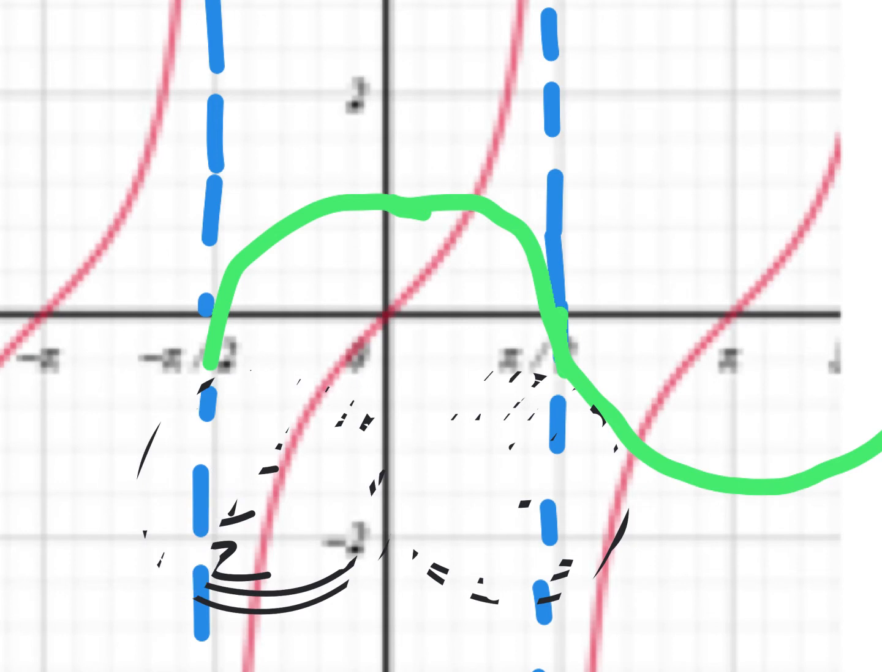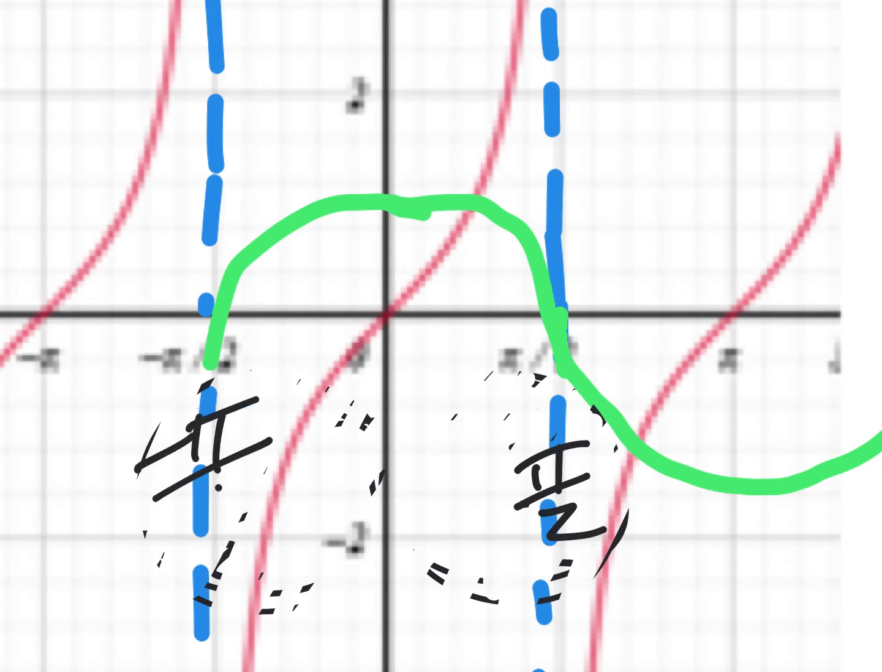All right. So if you're going to remember only one thing, try to remember that it looks like the x to the third graph and its asymptotes are at pi over 2 and negative pi over 2. Now, if you're going to remember a next level thing,